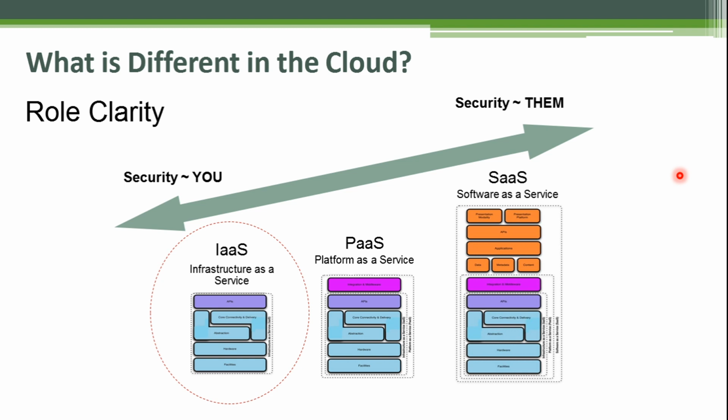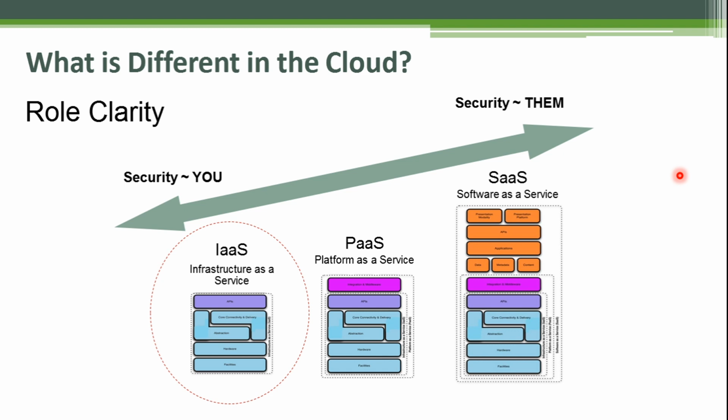It means that the responsibility for data security for the infrastructure and platform owned by the service provider will be theirs, and the rest of the security responsibility for the data and other things owned by you lies with you. So you need to be sure that whatever is in your control, you provide enough controls on that. You secure your network. Whatever is in control of the cloud service provider, they secure it, right?